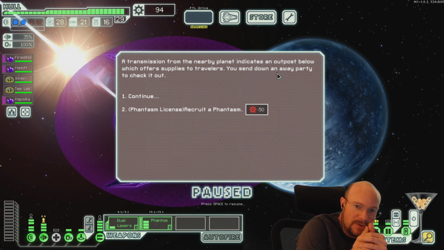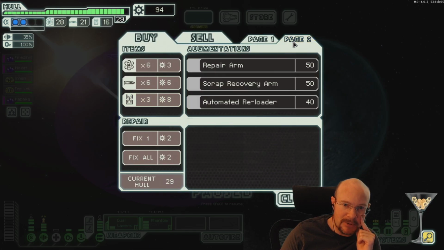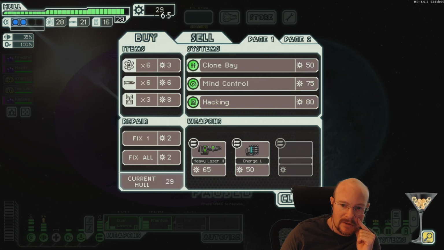This would be our 4th dude. I want to have enough money to be able to afford a flak of either type. There we go. Because I need to be able to get through shields more consistently. So this...